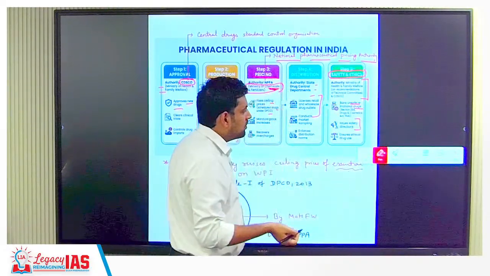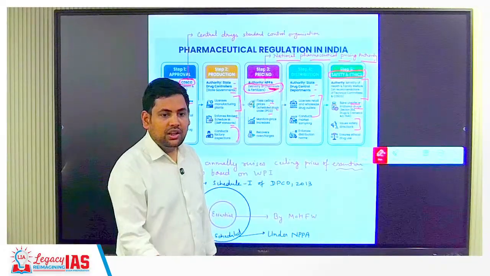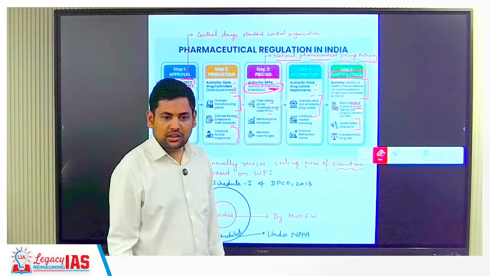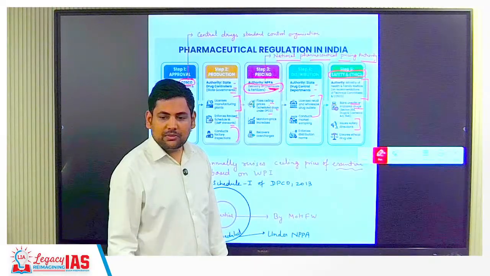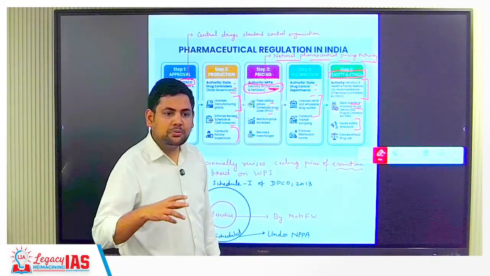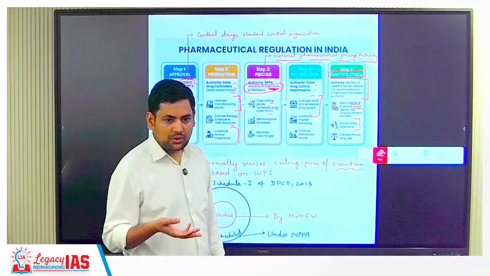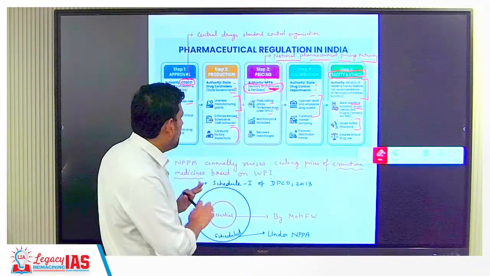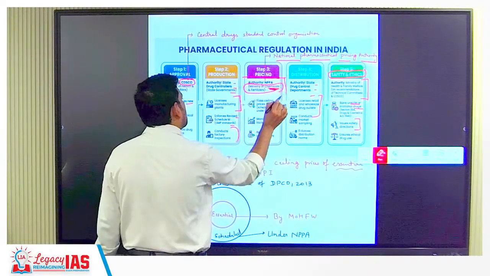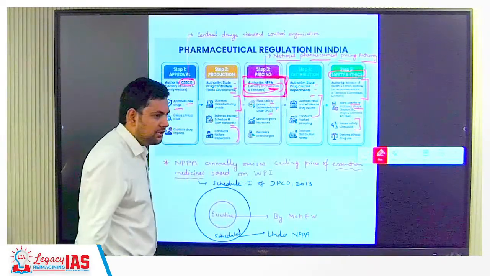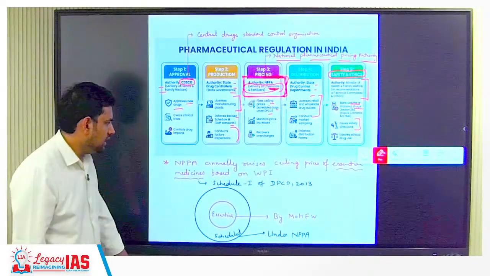It also issues safety directions. Like for example, you know about DDT. DDT was later banned. There are many medicines that later get banned because of some new things that we get to know about the side effects. So this banning is done by this. Only the pricing part is actually given to this authority which comes under Ministry of Chemicals and Fertilizers.